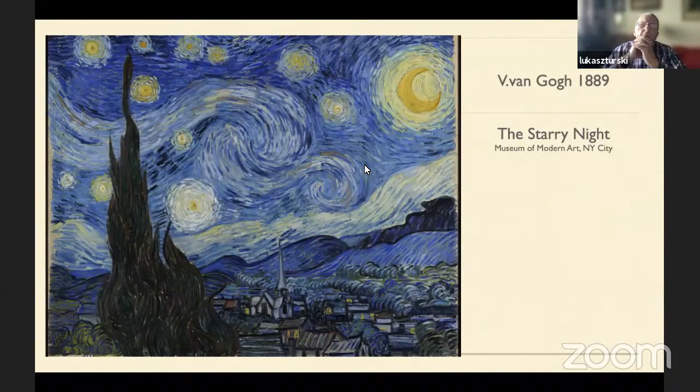So now a little bit more serious problem. What you see here is one of the most impressive paintings mankind has so far created. It's called The Starry Night, and that is a painting by Vincent van Gogh. What you see in that picture is the imagination on the canvas